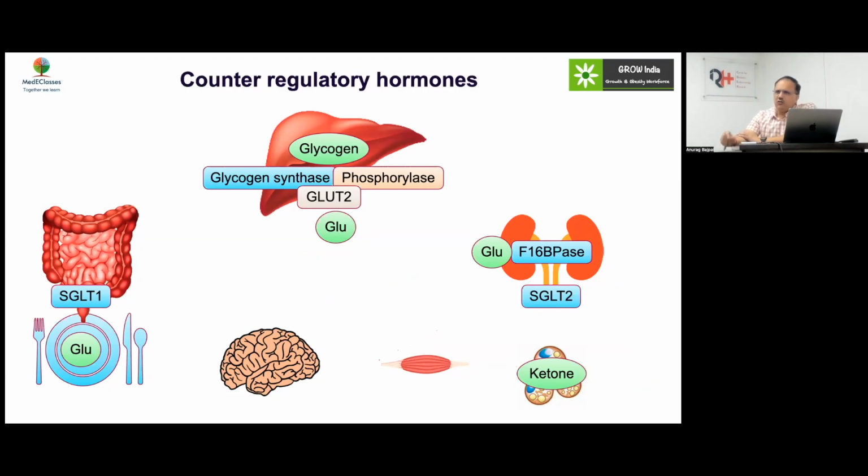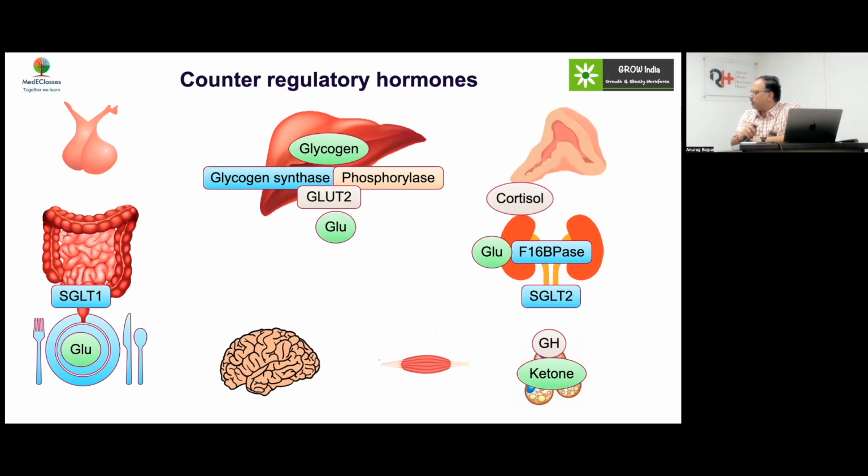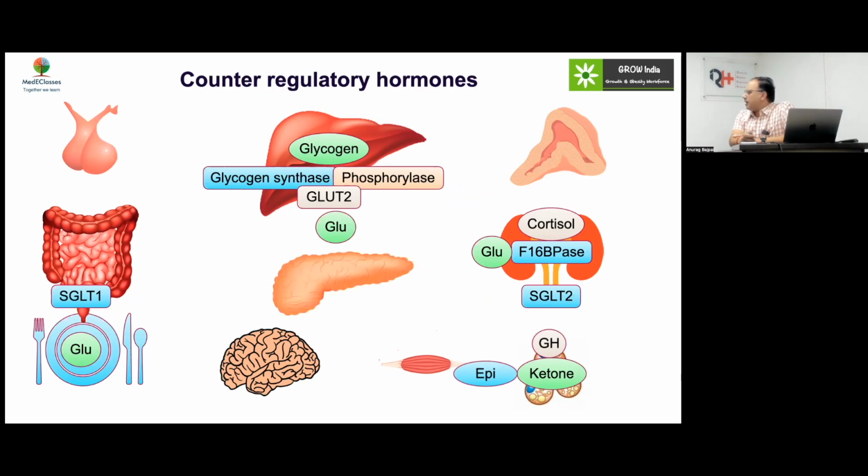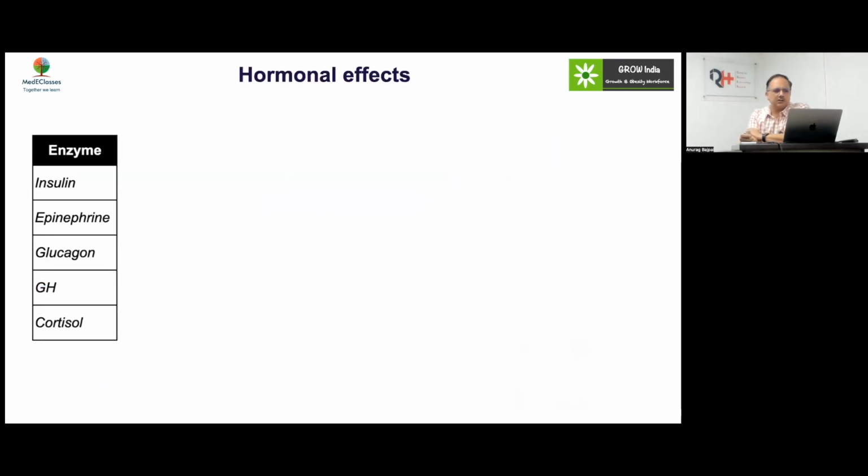To counter that, you have the counter-regulatory hormones. You've got growth hormone whose major effect is at the level of lipolysis. Now there is overlap, but you can remember which one is working where predominantly. Growth hormone predominantly works on ketone production and lipolysis. Cortisol's main effect is at the gluconeogenic pathway. Epinephrine acts at the glycogenolytic pathway largely, as well as the lipolytic pathway. And then you have glucagon, which I've already discussed, is a major regulator of the glycogenolysis pathway. So this is how it works.